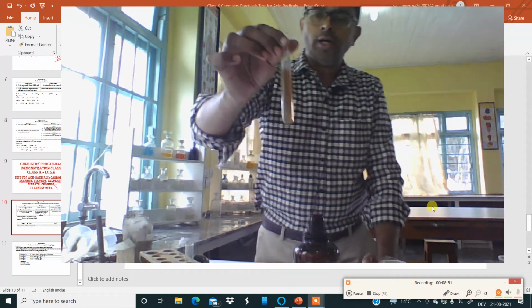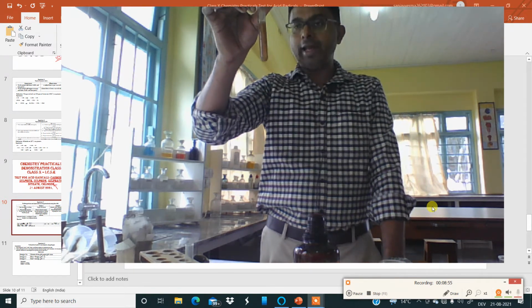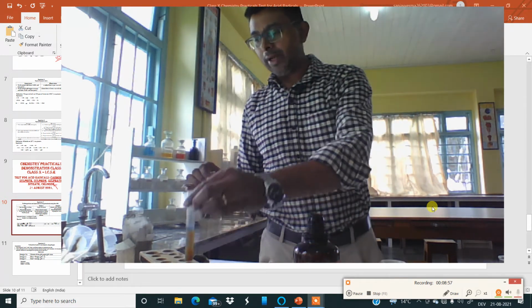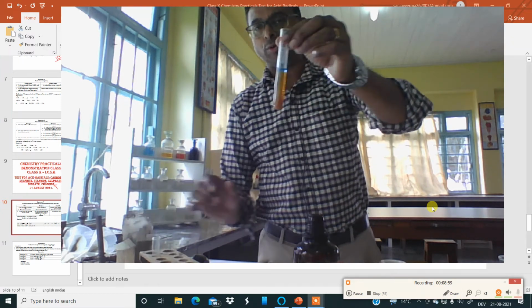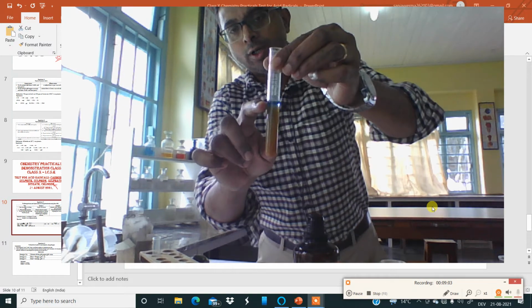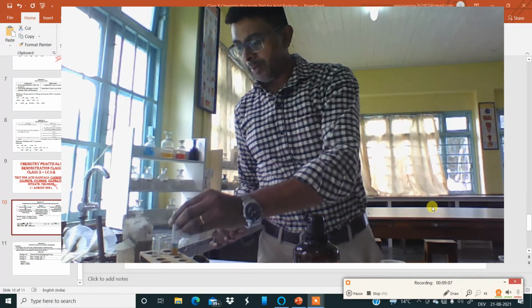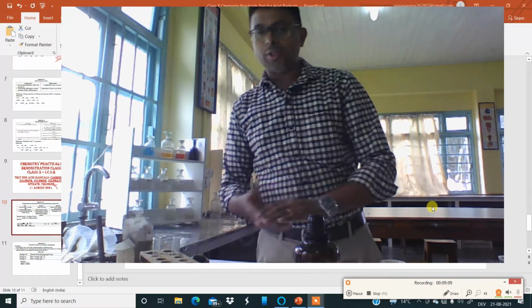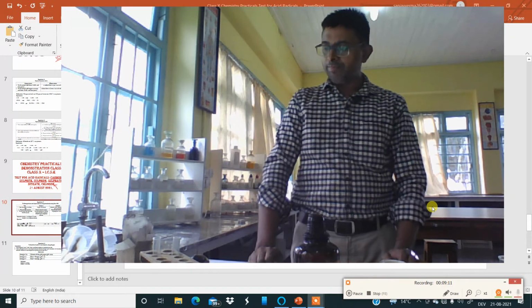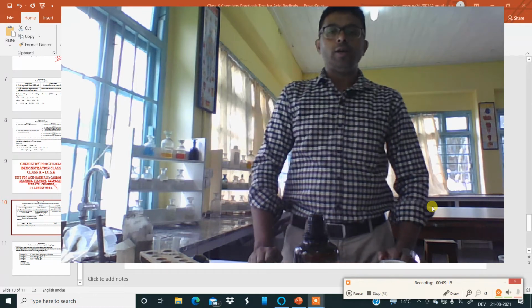Okay, so this confirms that sample B is manganese dioxide, and sample A is blue. You can see there is blue precipitate which is formed over here, blue solution. So sample A is copper oxide. So this completes your experiment number 17, which is how to distinguish between copper oxide and manganese dioxide using concentrated